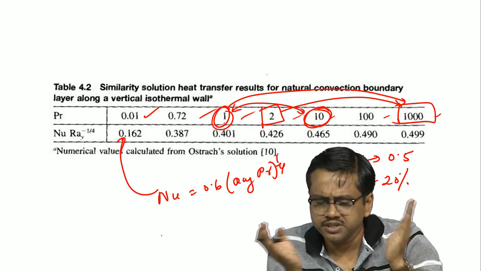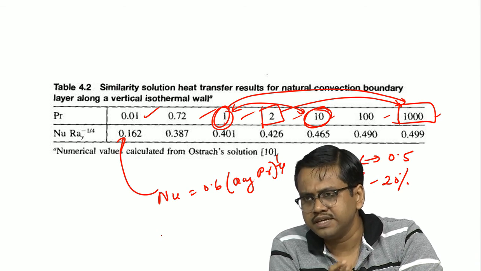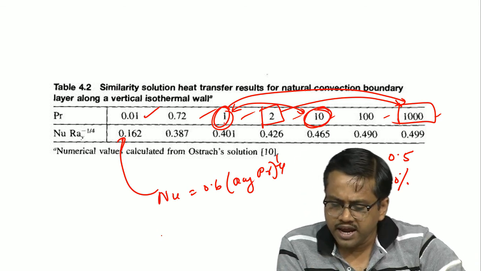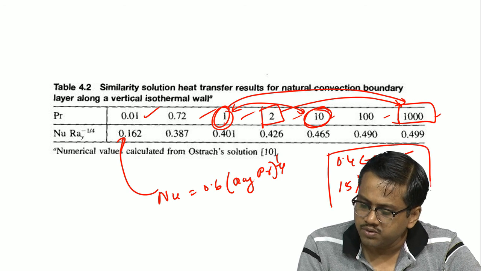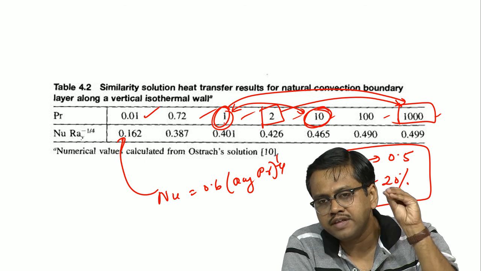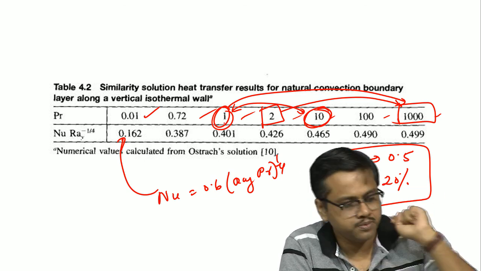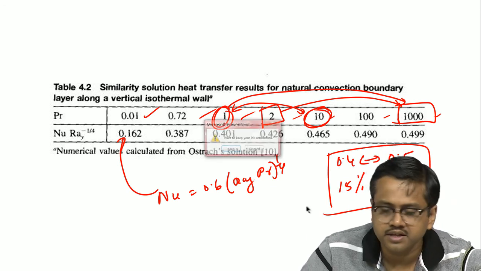So, this is the most interesting part that has come out of this particular exercise: we have clearly established that the Rayleigh number dependence is much stronger than the corresponding Prandtl number dependence. See you in the next